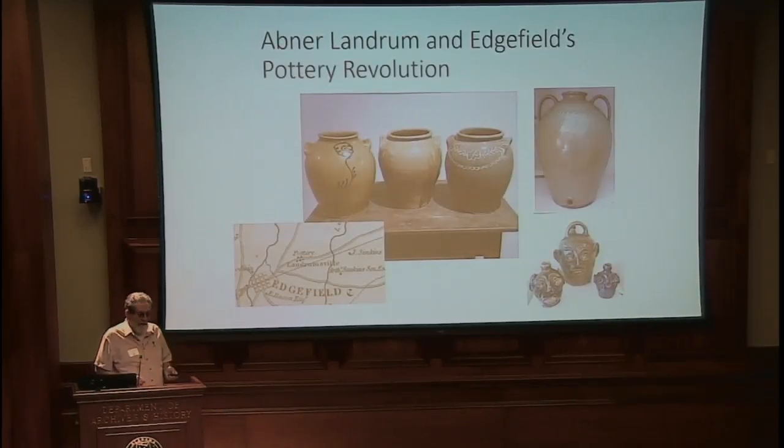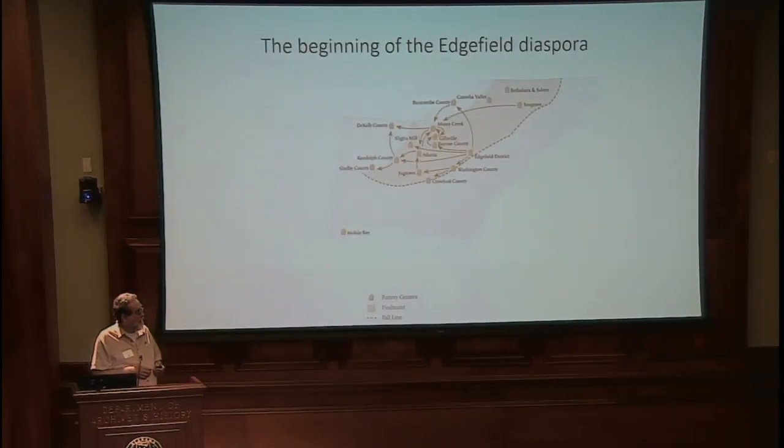Here's some Edgefield wares. This is also where the southern tradition of the face jug, and that's a whole other story, and I cannot cover in 10 minutes. But here's Edgefield potteries. There was a little community called Pottersville. Lots of decoration, lots of competition, lots of potters crowded in there together. Free white potters, enslaved potters, pottery owners, sons of potters who wanted to go west to look for jobs,